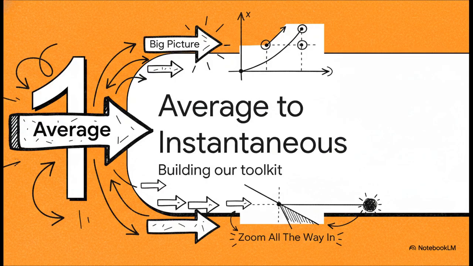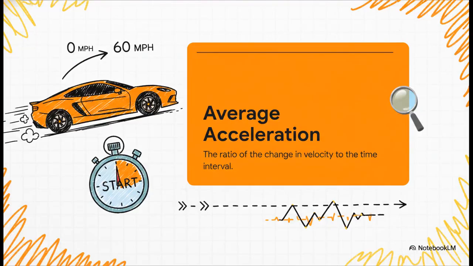All right, so to figure out what's happening at one single instant, we first need to get a handle on the two main ways we talk about acceleration. We're going to start with the big picture and then zoom all the way in. Okay, first up, we have average acceleration. This is the one you're probably most familiar with, even if you don't realize it. Think about a car's 0 to 60 time. That's a perfect example. You just take the total change in speed and divide it by how long the whole